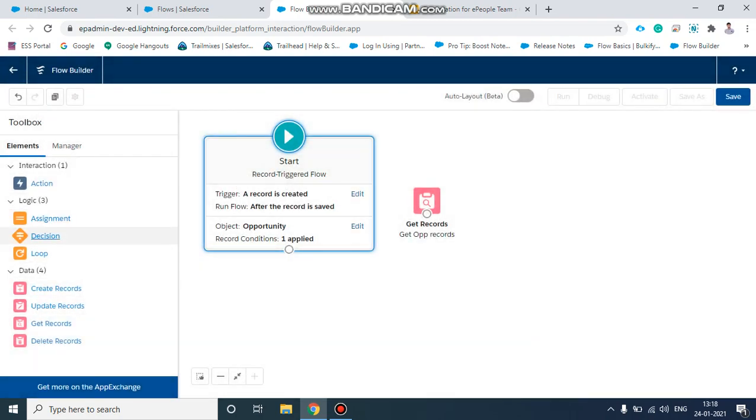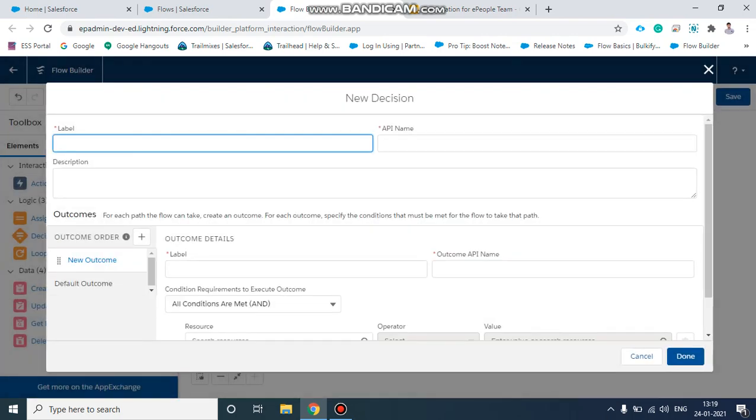Then we will take a Decision. In this decision we will check the field value.